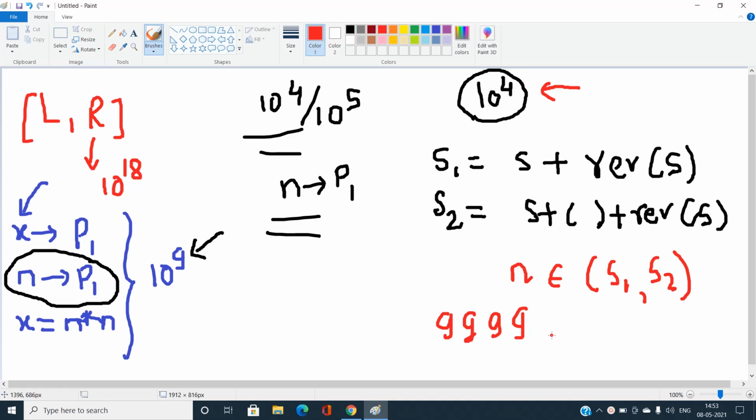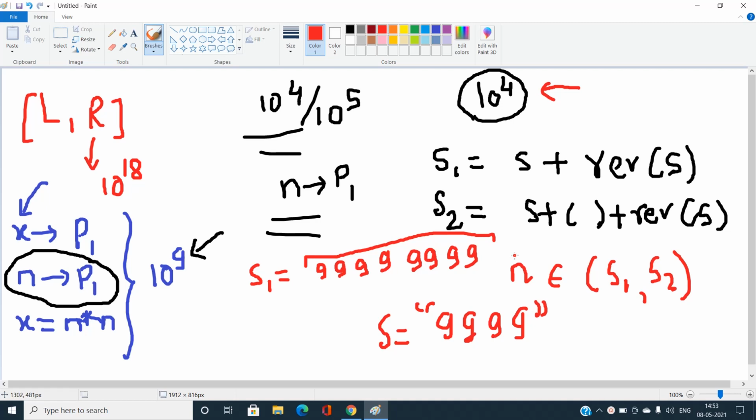If I iterate up to 4 times 9 and S is this string, then S1 would become 4 times 9 plus the reverse of this, which has a length of 8 characters, and that is under 10 power 9. And if we try to build S2, the only thing that would differ is one more 9 would come over here, and the maximum length is 9 characters. This is also under the constraints.